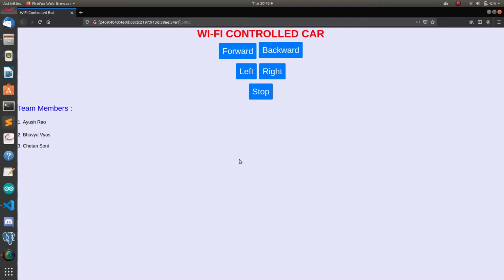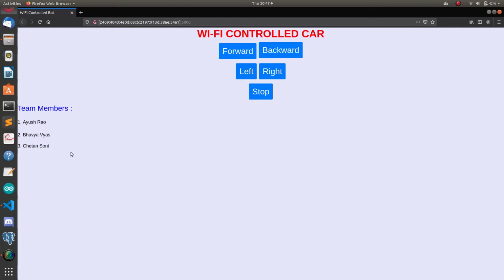web server which accepts these commands from this web page. And that web server is running on an IPv6 address. Since it is running on an IPv6 address, this web server is capable of receiving commands from the internet, and our bot is in the local area network. So the purpose of this web server is to receive commands from the internet and just forward that command to the bot which is in the local area network.